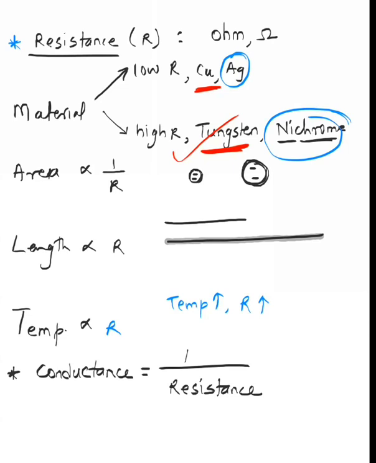Silver will have a higher conductance because basically it's a good conductor, so higher conductance. I hope everybody's got this right. Now, next thing, what would be the unit of conductance? So unit of conductance is what, guys? It's 1 upon ohm, right?